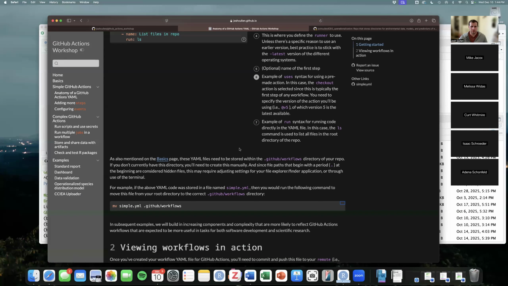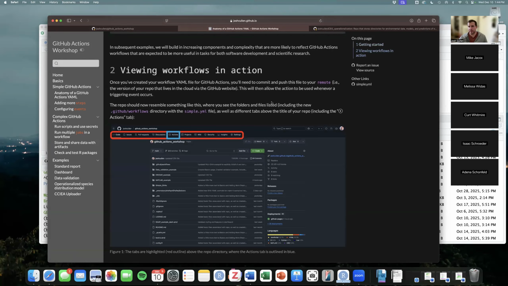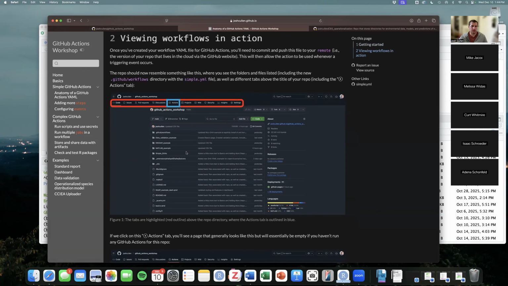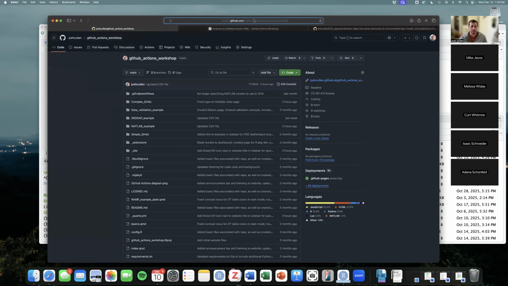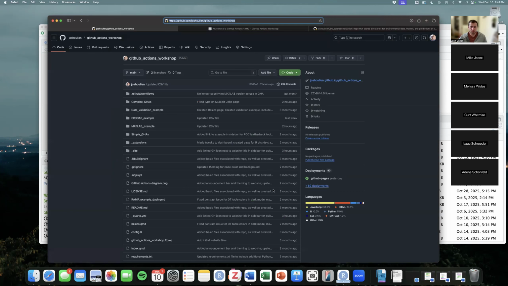Okay. So that's for just getting this set up and storing these in the correct folder. Now, once you've done that, you'll want to push these to your repo online in the cloud, and then we can look at these in more detail. If you were to go to that repo page, I'll pop over there. I can probably drop this in the chat also. Here you'll have your repo, in this case my repo, and if you go to this Actions tab at the top,